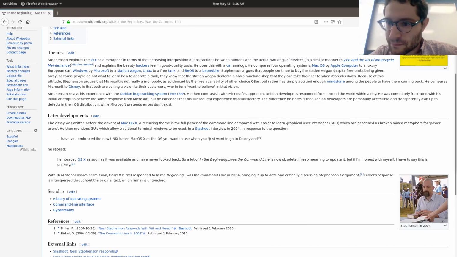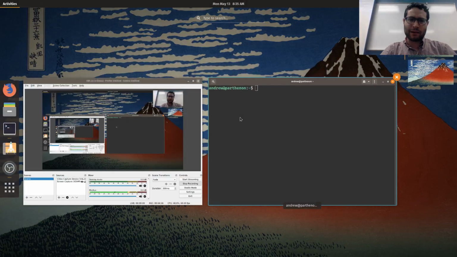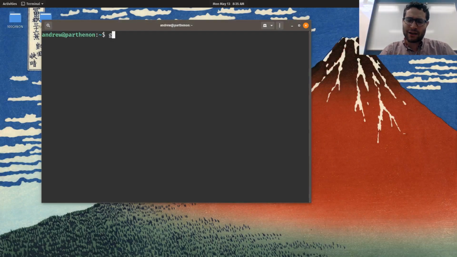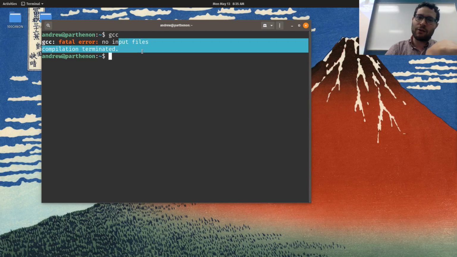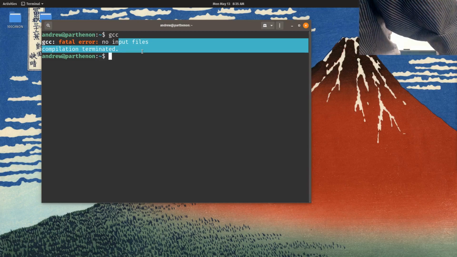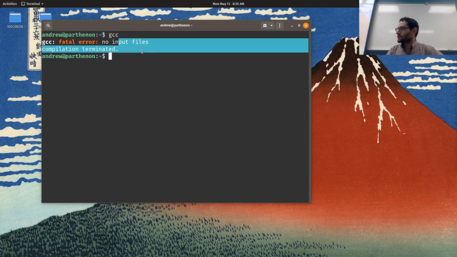All right. And then you can probably do that at some point, right? That literally means going into Finder, searching terminal, booting it up, and then typing GCC. It should give you an error, like, hey, GCC, no input file. If it doesn't do that for you, then it's probably just saying that you need to install. Yep, so you can go ahead and install that. You'll need to install the developer tools for that.